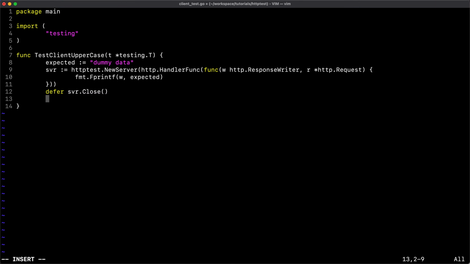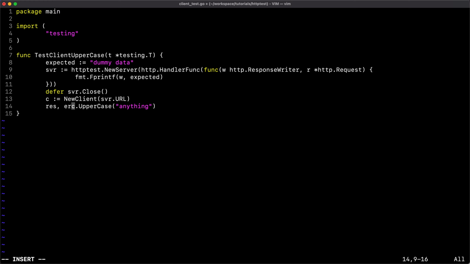And then the next thing that we do, we're going to initialize our client. So new client. We're going to pass the URL. Server is going to generate a unique URL, which is going to be used to connect to this fake server, which is actually a real listener for connections, but is a mock server that returns dummy data, as we want here. And then we're just going to call uppercase for any word, anything really.